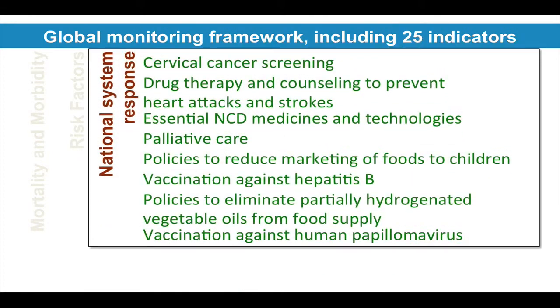And the last ones are on the national systems response, quite often healthcare system response indicators like screening programs, access to medicines,